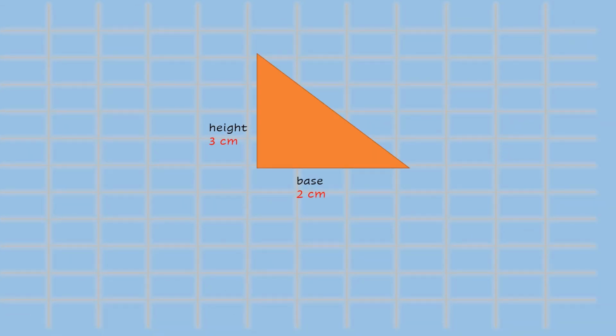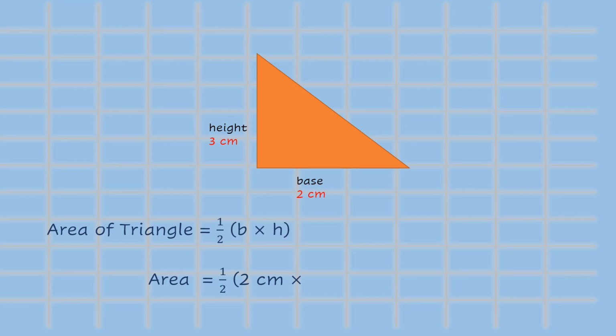Let's solve a simple example to understand how we can use this formula to find the area of a triangle. In this figure, the triangle has a height of 3 centimeters and its base is 2 centimeters long. Now the area of a triangle equals 1/2 times base multiplied by height. I'll simply put the measurements of this triangle in this formula, which will give me 1/2 times 2 centimeters, which is the base of the triangle, multiplied by 3 centimeters, which is the